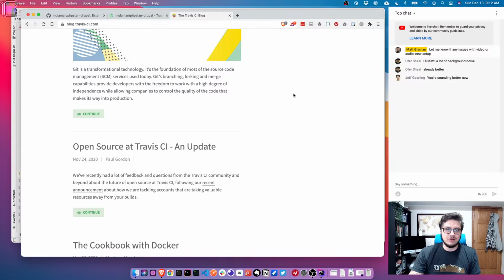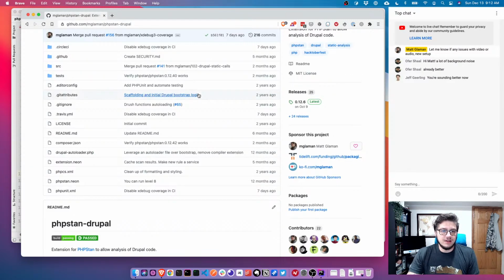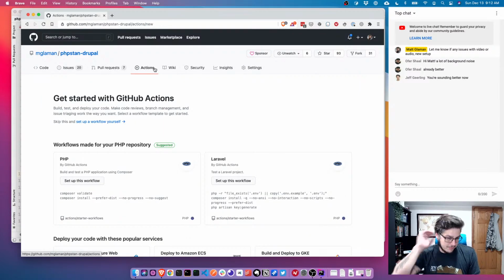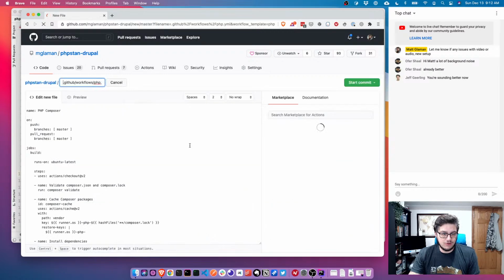Basically, everybody's bailing ship on Travis CI, which again is fine with me, because it's always been an inferior product in my opinion, but they were gracious enough to basically let every open source project use tons of build minutes for free. So let's get started with adding a GitHub action, and I'm just going to cheat and quick grab